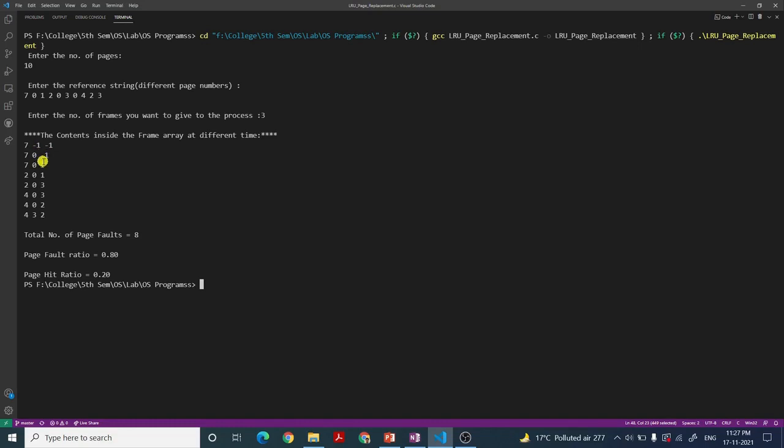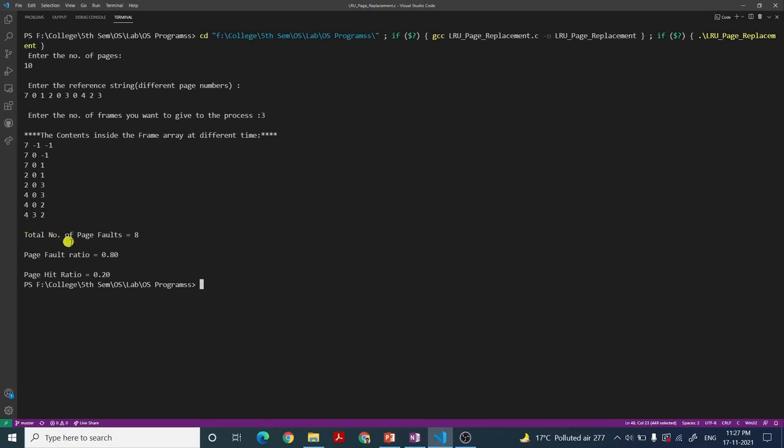When 0 came next, it is 7 0, and -1 is the third content. When 1 came, it is 7 0 1. Accordingly the content of the frame array will change at different points of time. Lastly, when all the pages are referenced, finally we have 4 3 2 inside the frame array.